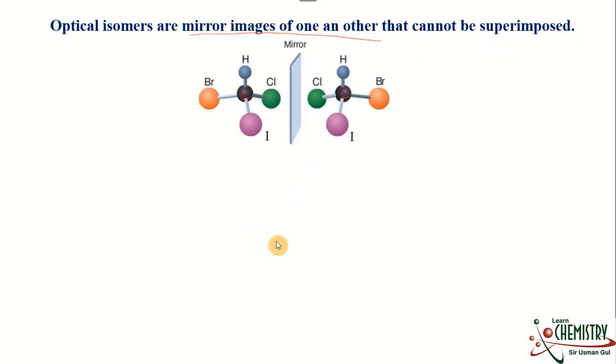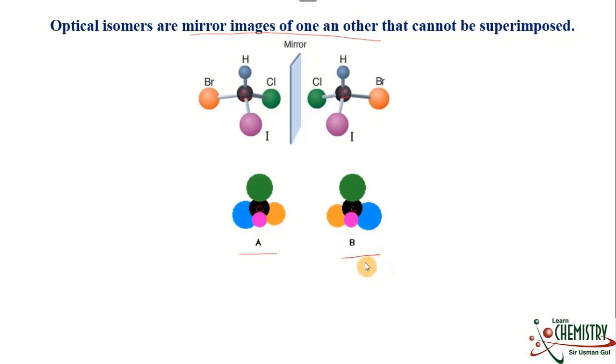Okay, let me explain this way. Now let's suppose I have a molecule A. In that molecule A, the carbon atom is bonded with 4 different circles. Now you can see those circles by coloring. Here the molecule B is the same as molecule A, because the black circle carbon is bonded with 4 different circles, but the circles are the same as in molecule A, but they are mirror images of each